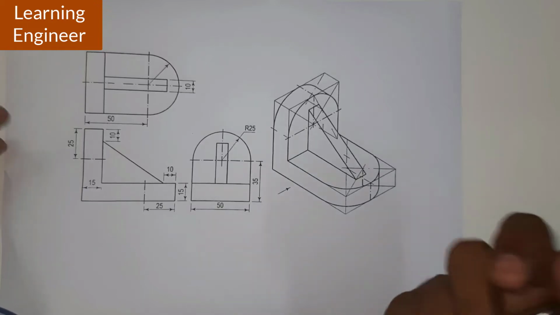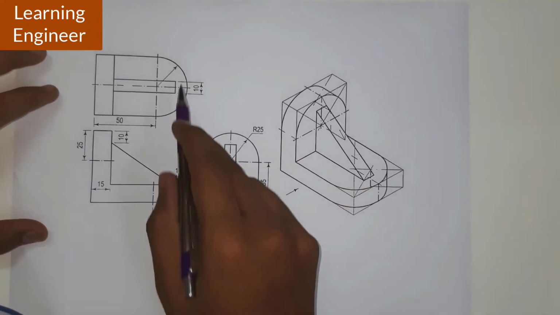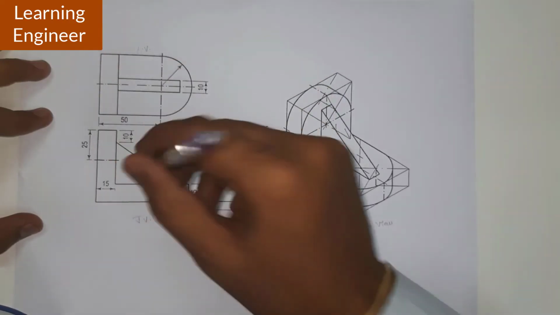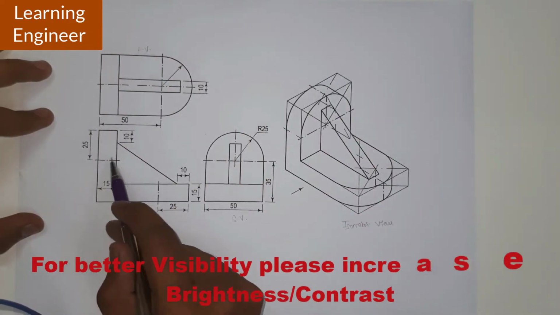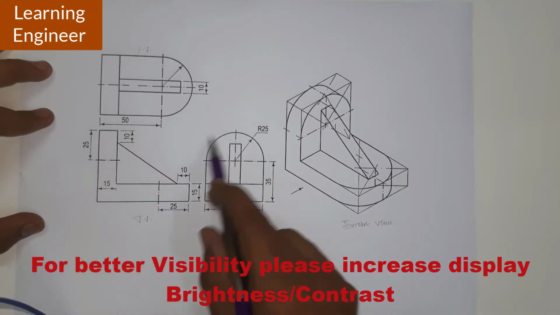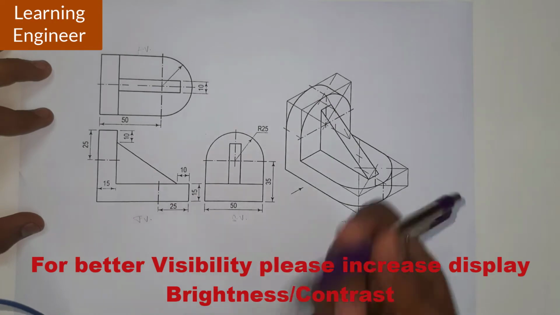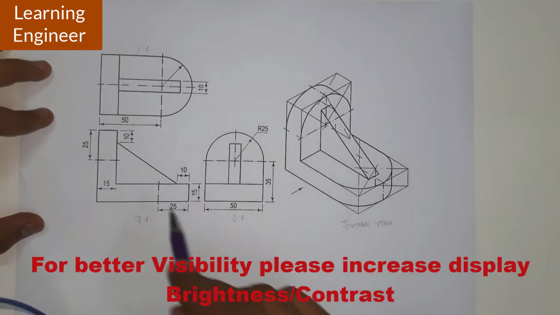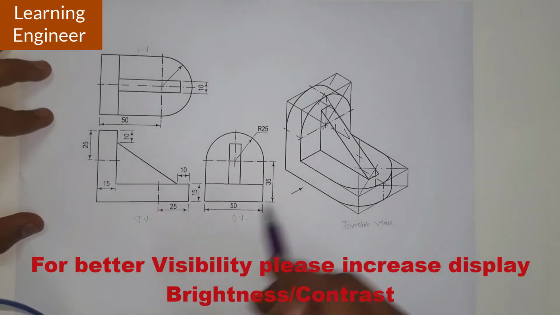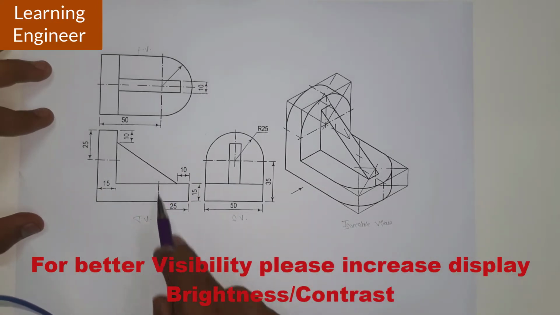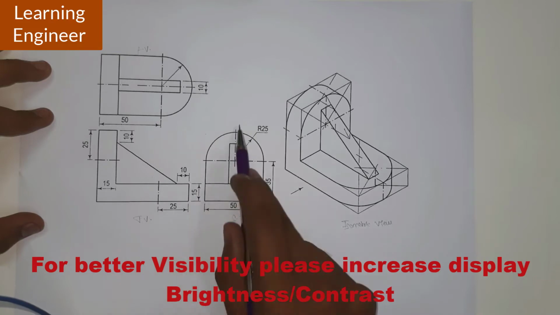In this video, we will be talking about the isometric view for this particular question. All three views have been given. By only two views, by using the center line, we can understand that the circular part is there like this when we see from this side. So even if only two views have been given, from that also we can understand by considering this center line that a circular object is there.